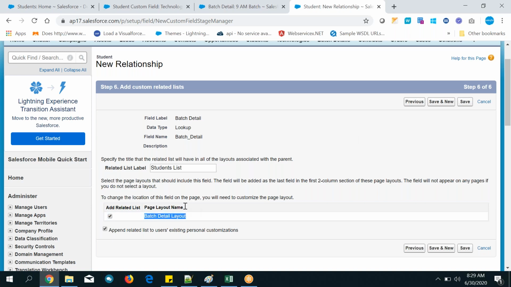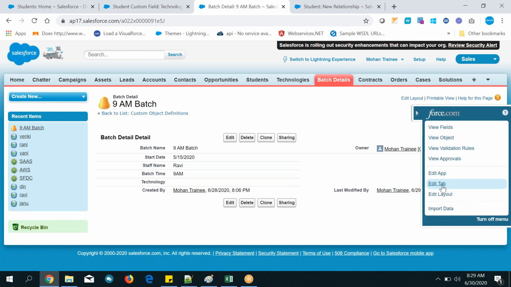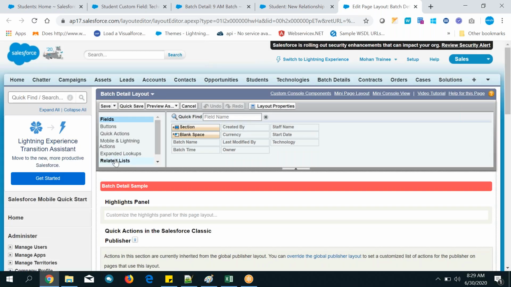And which page layout is it adding? Batch page layout. This is the related list. Okay, related list. And which page layout? Batch detail page layout. Its meaning is like, go to batch detail page layout. So edit layout. I'm just showing you with a clear picture. Related list.